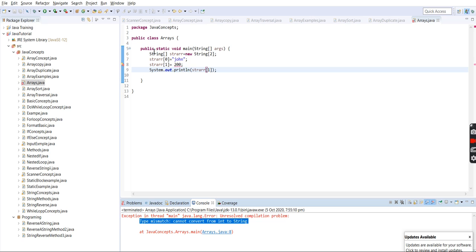If we define the type as string or integer, the elements of that array should be of the same data type. Otherwise, we'll get an exception.